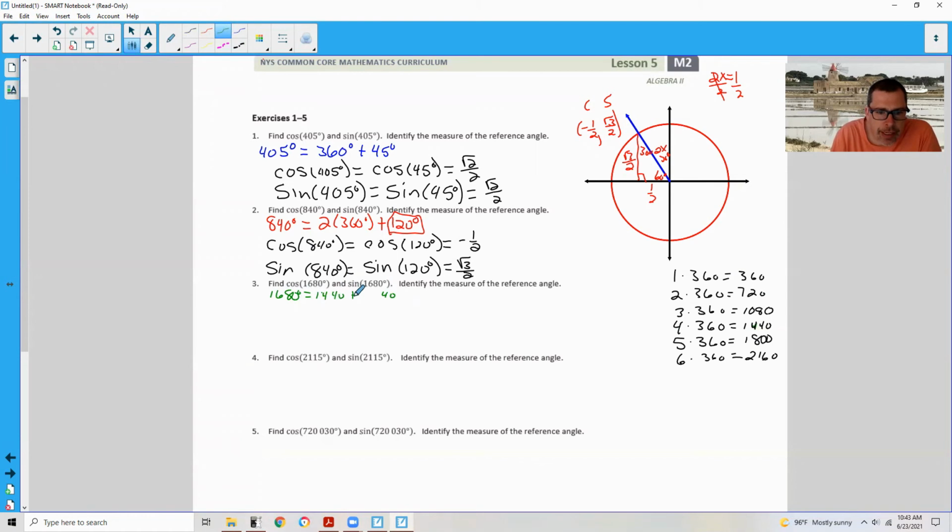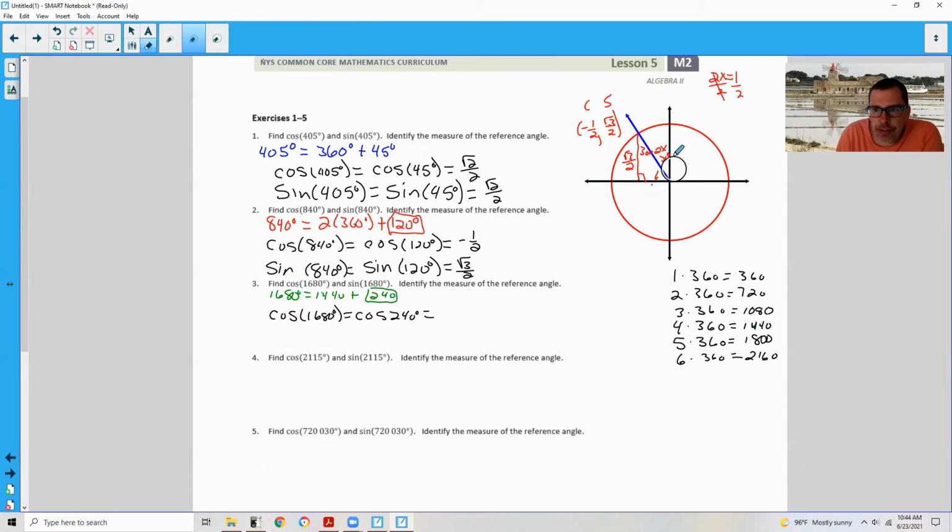And I need 1680. So the 40 plus 40 will give me the 80, and I need 200 to get to 600. 4 plus 2 is 6. So 1440 plus 240 equals 1680. So this is my reference angle of 240 degrees. So now I would say the cosine of 1680 degrees equals the cosine of 240 degrees, which equals, and now I take my